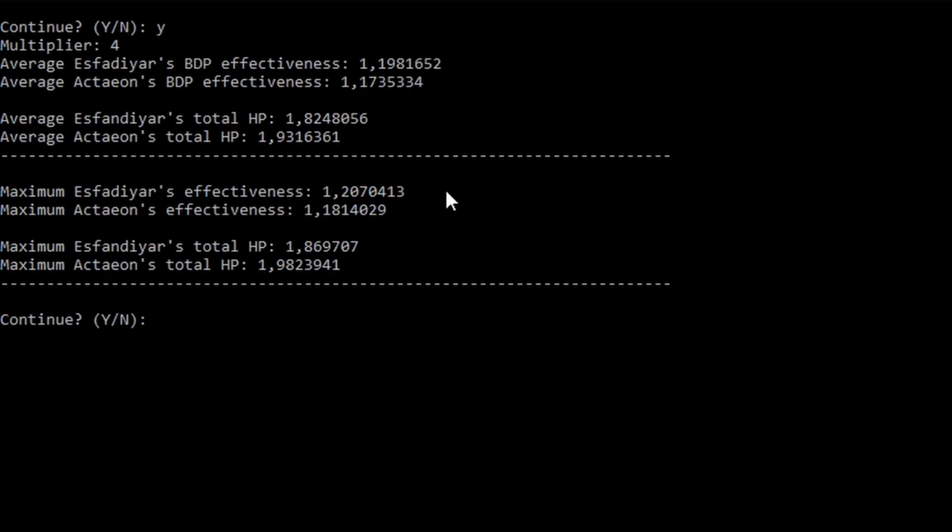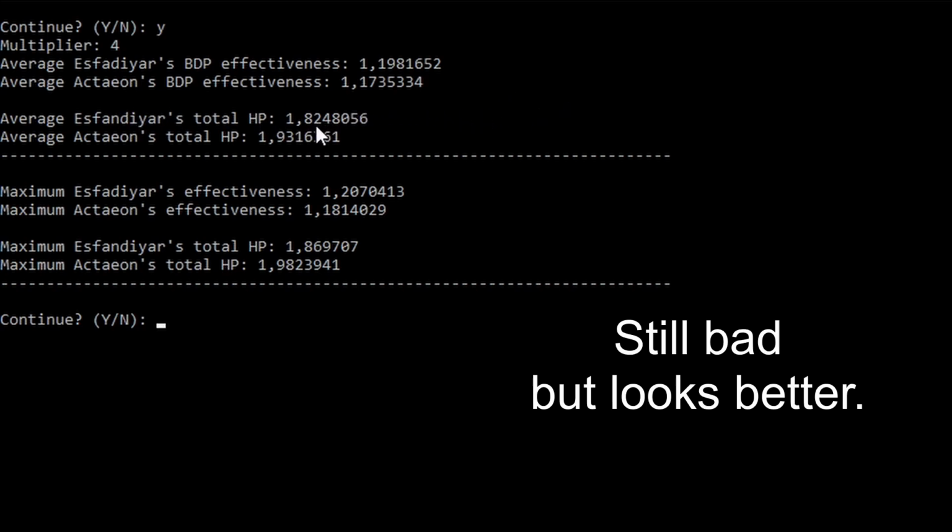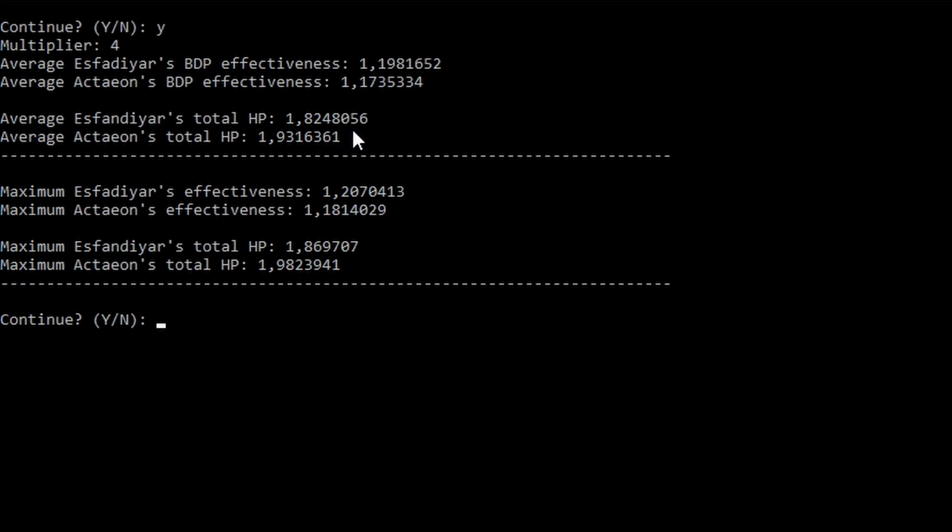And as we can see, Esfandiyar's bonus damage protection on average is not even 20%, it's close to 20%, not effectively there. But if we take a look at the health, it's still pretty low. It's getting close, but it's not as high as the Delian Archon's health. That's the average one. If we take a look at the maximum one, effectively it's over 20%. And the total health, I mean, it finally got over the Delian Archon. So effectively, yes, it's